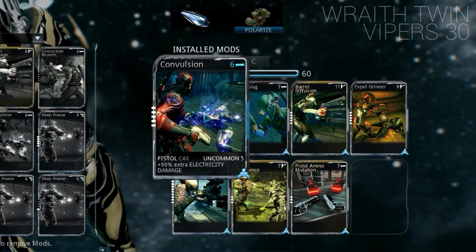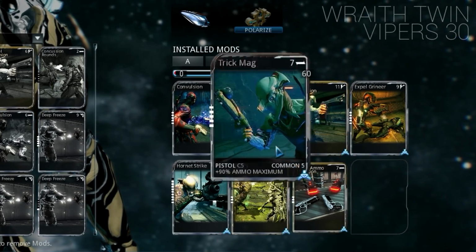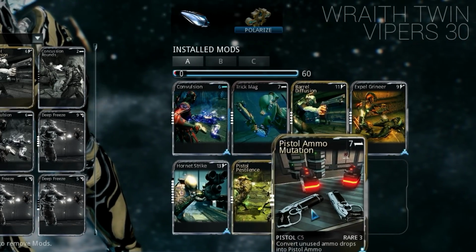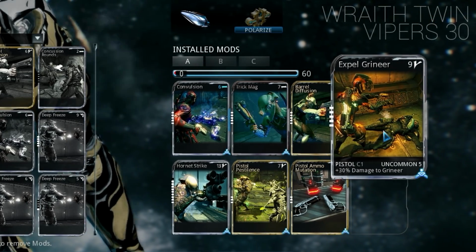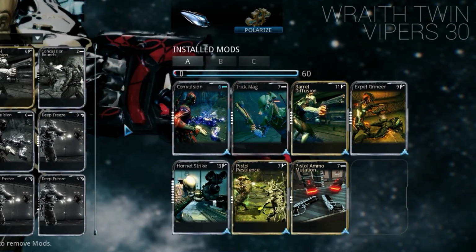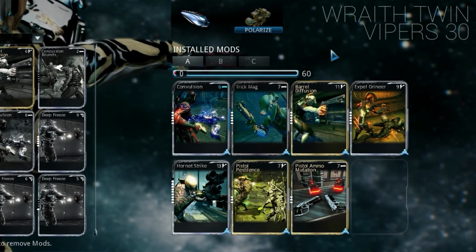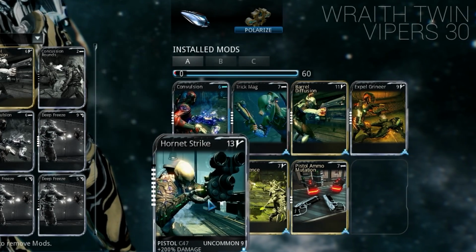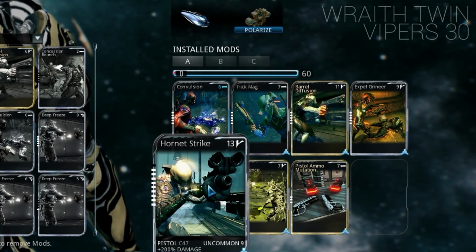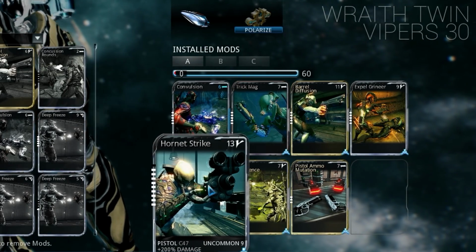It's not bad. So do this for corrosive, and we got plenty of ammo on here, and we got the Expel Grineer, the Bane mod, which is going to add a ton of damage. Just overall, it's going to work out perfectly. And if you want to take a point off somewhere, like maybe Trick Mag, just wherever, it doesn't matter. Putting in Hornet Strike will be best. So do that if you have enough points to take a Hornet Strike up